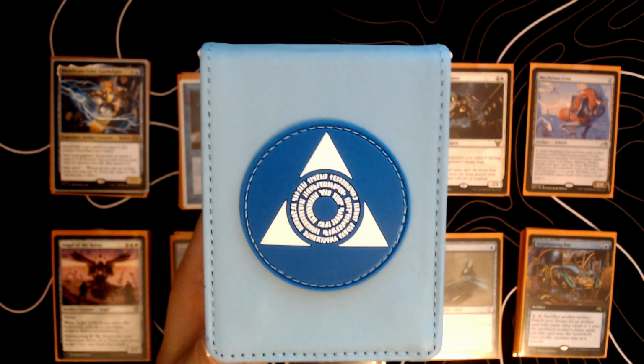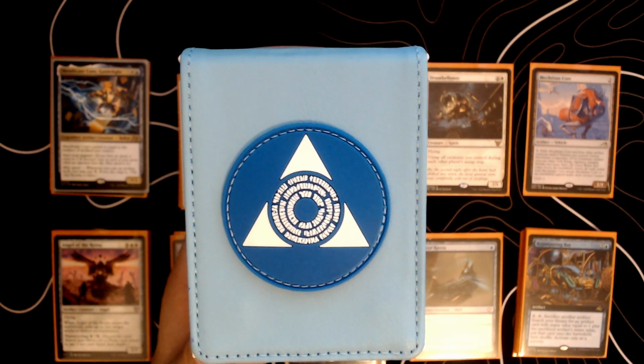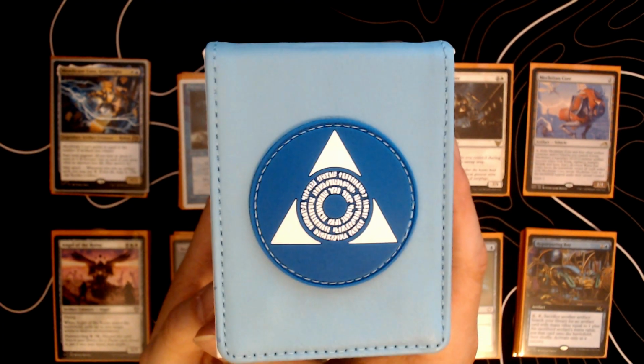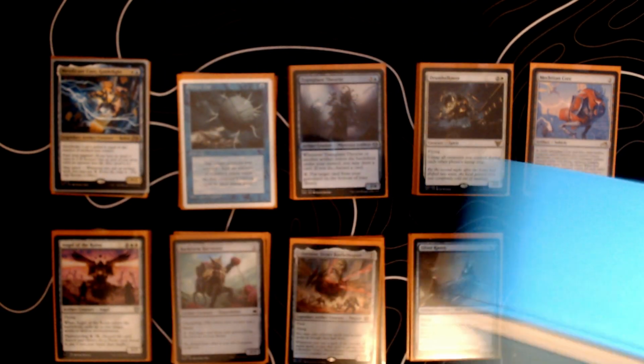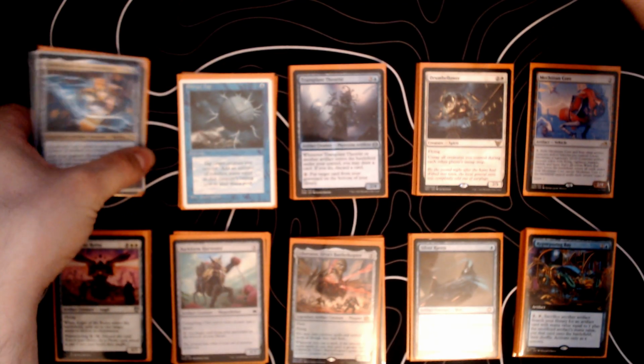Hello everyone, we have finished our Commander Spotlights for all our monocolor decks, and today we start our two-color Commander decks, with the first one being Azurius, which is blue and white, and our Commander is